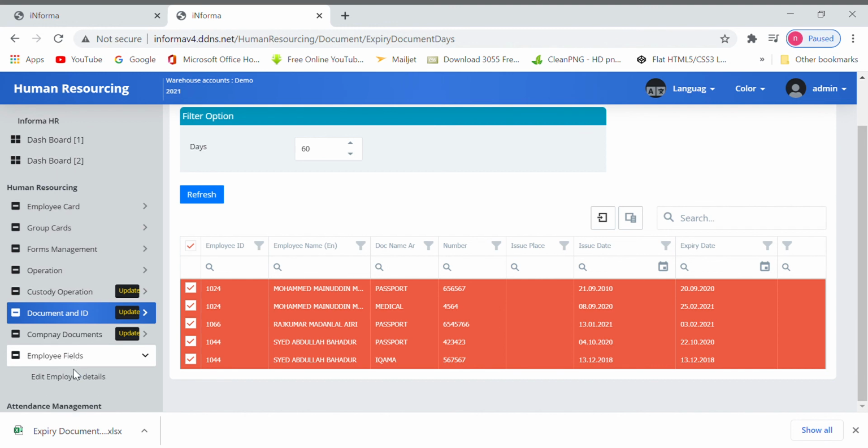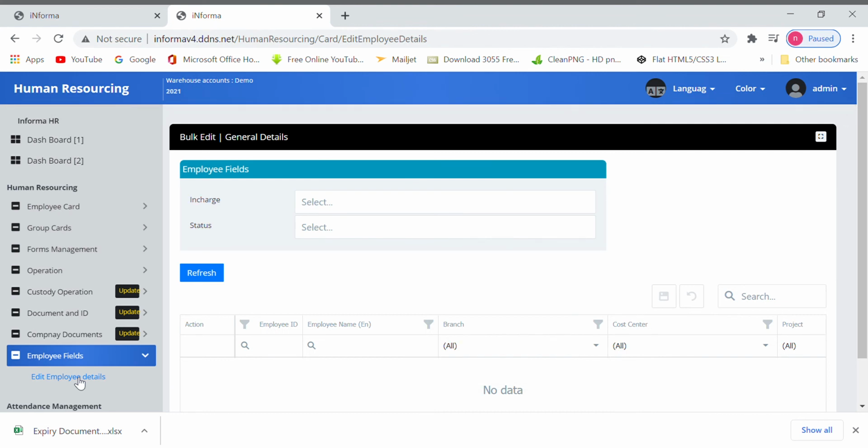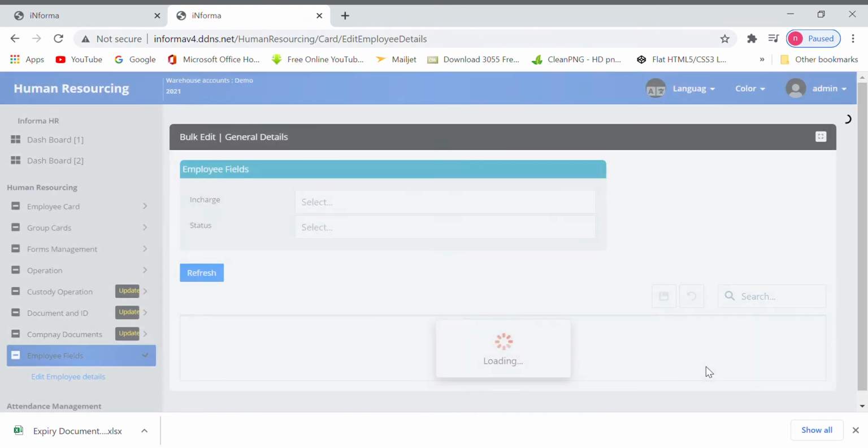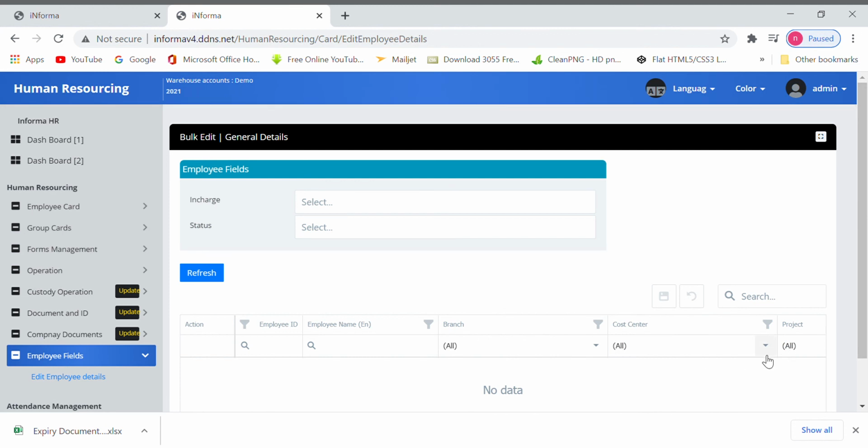Employee field: in employee field we can edit a specific field of the employee. For example, for this menu we are giving authentication to one employee. That means only when that employee comes, he can see only this menu, he cannot see all the other menus. He can only view this menu, and if he wants to add or update anything, he can do it from here. He cannot see other menus. So this will be customizable. If you want to show an employee a specific field, you have to give that specific field column to that employee.